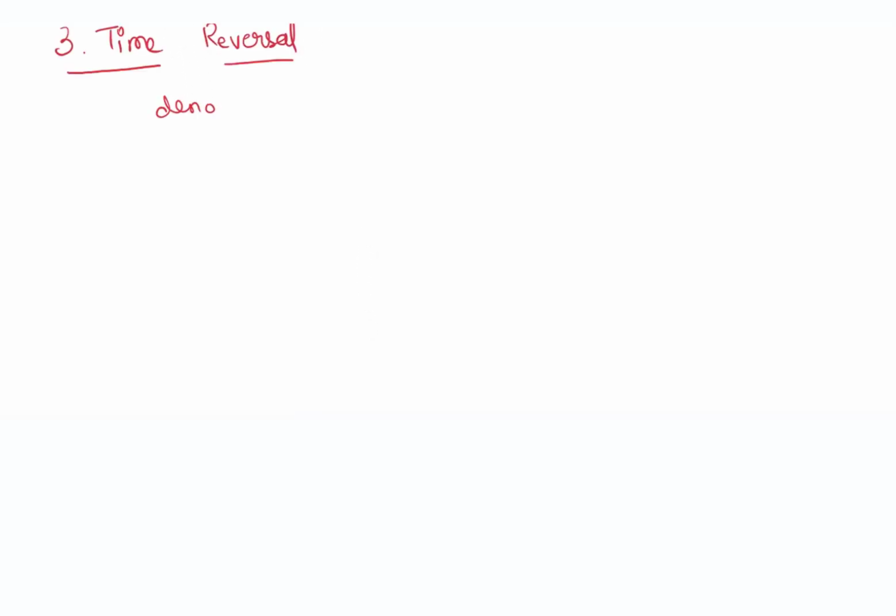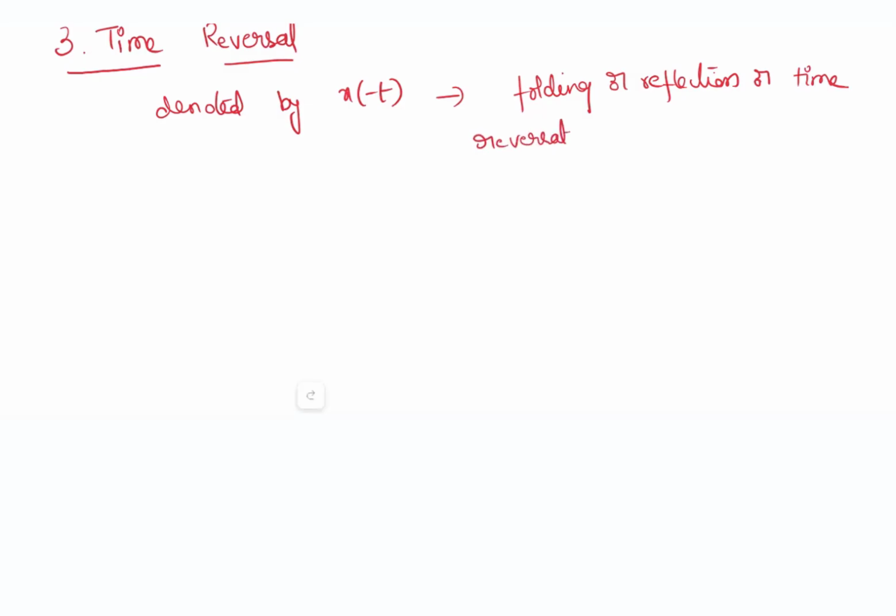This operation is denoted by x of minus t. So this operation results in folding of the signal or a reflection of the signal. I'll explain clearly. Or I can say time reversal about origin, t equal to 0. I'll explain by a graph. Suppose if the graph is like this,